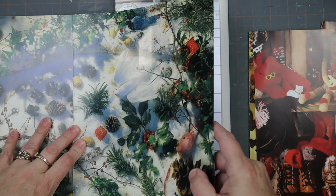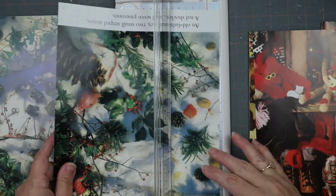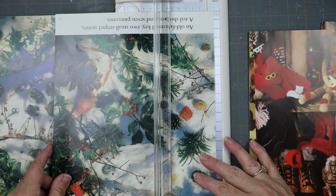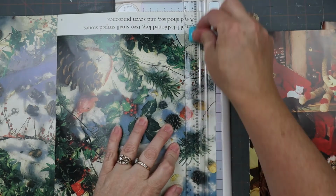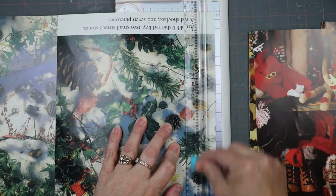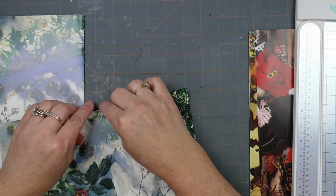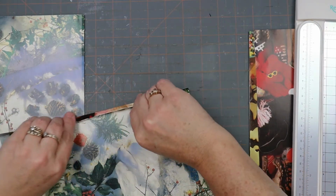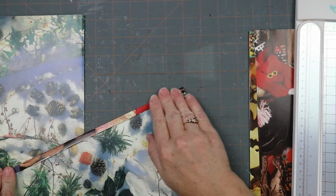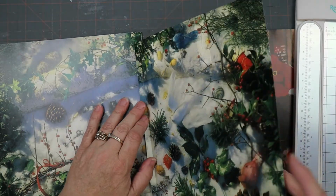So maybe that much. I'm gonna score it. Okay, it's really simple. You just score it, and I don't have to get my other pad out. So, and that makes a nice score for me. Okay. So now I'm going to tip this in,